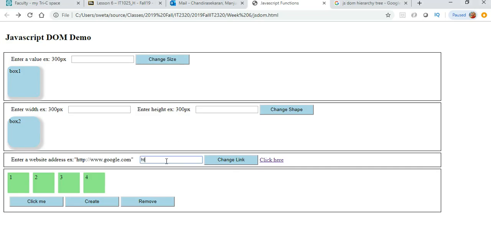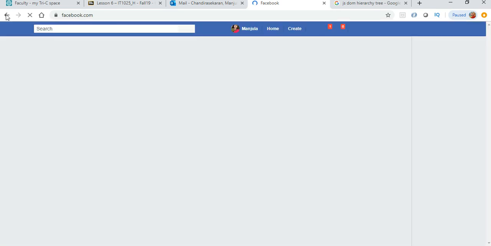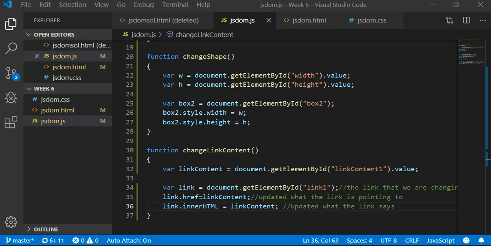Okay, so I say here, always say with HTTP. If I say facebook.com, I want here, instead of click here, I want facebook.com here, and when I click on it, it should take me to facebook.com. So let's say change link. See, the text of my link changed, and when I click on it, the link reference also changed. So both have changed. Okay, what if I